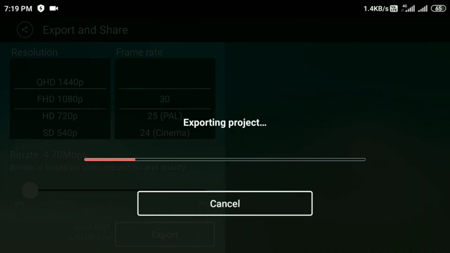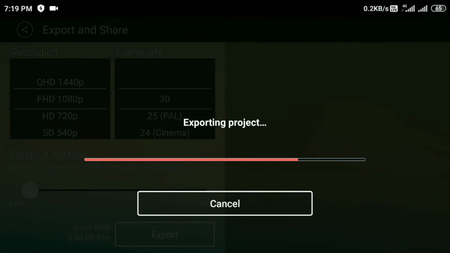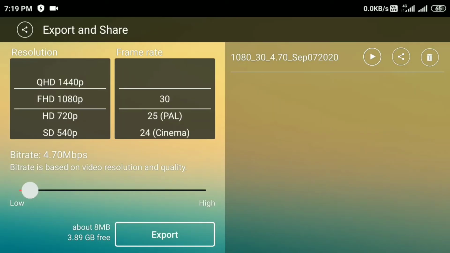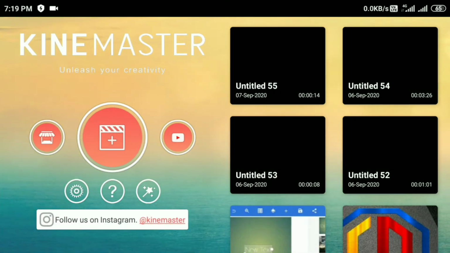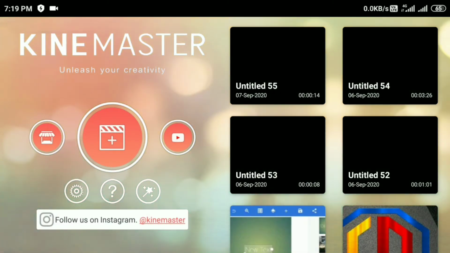Friends, this project is being exported. After this project has been exported, we will go back to the same project and edit something on it. Friends, go back. Now open the same project that has been created just right now.